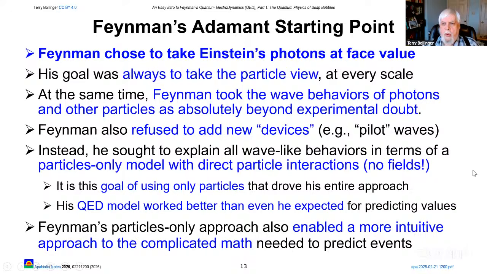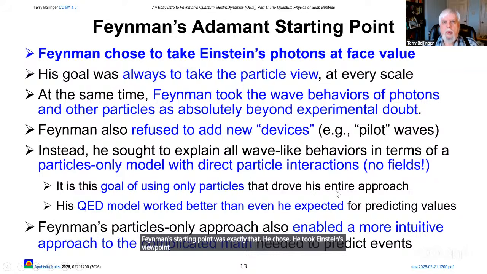Feynman's starting point was exactly that. He took Einstein's viewpoint. He said, I'm going to take it at face value. I'm going to look at particles only and see if it works. To the best of my knowledge, no one had done this before. And the fact that Feynman did this and at the same time fully acknowledged all of the behaviors of light,